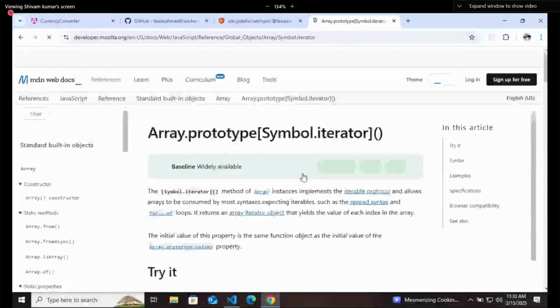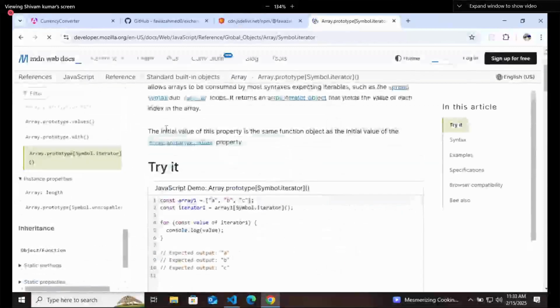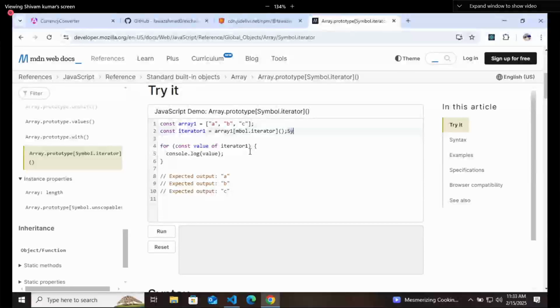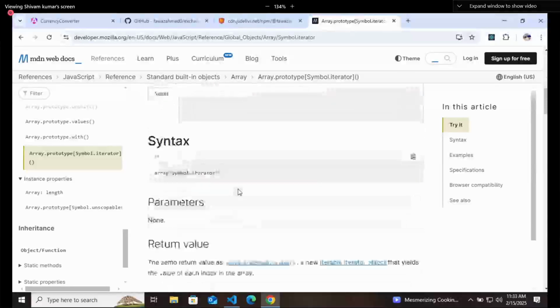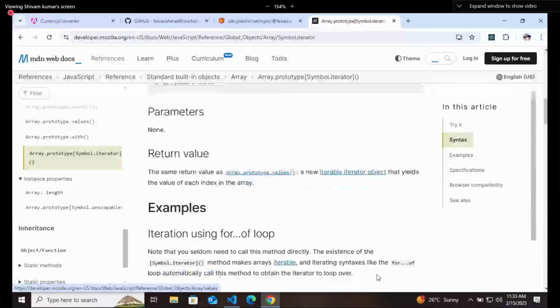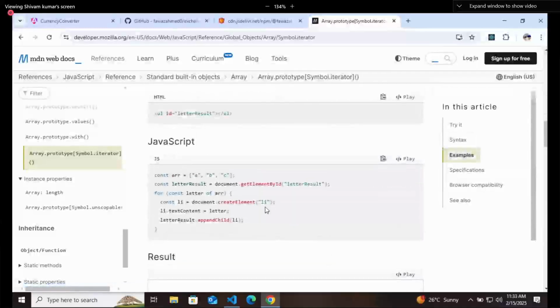You can check that you are getting a const array with A, B, C as the value. Then you get an iterator, which will have Symbol dot iterator and it will do these kinds of things. It means that you need to actually use those values for a for loop, right? If your result is coming in this way, you need to use that thing.